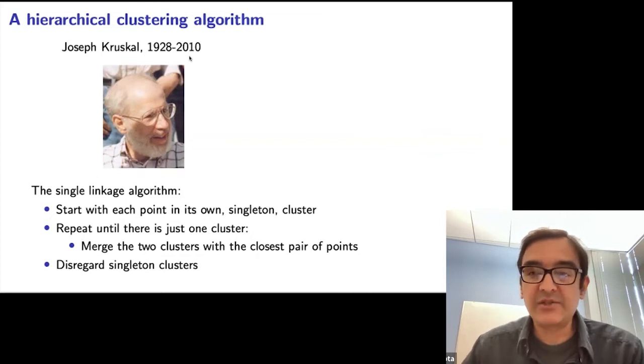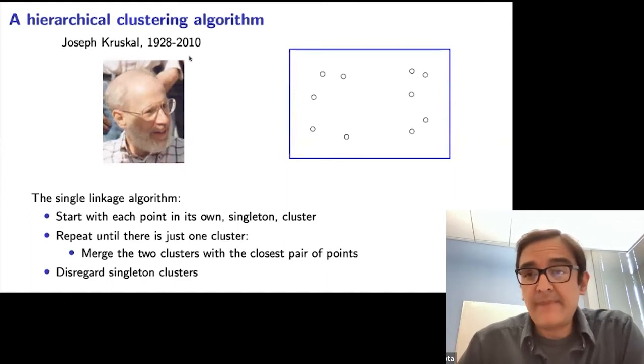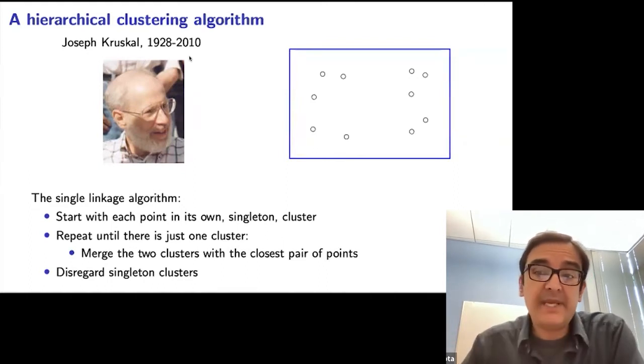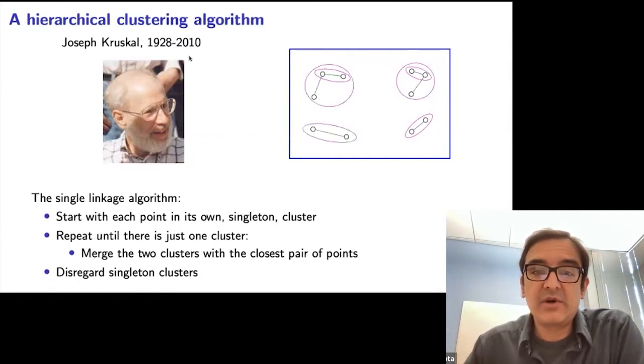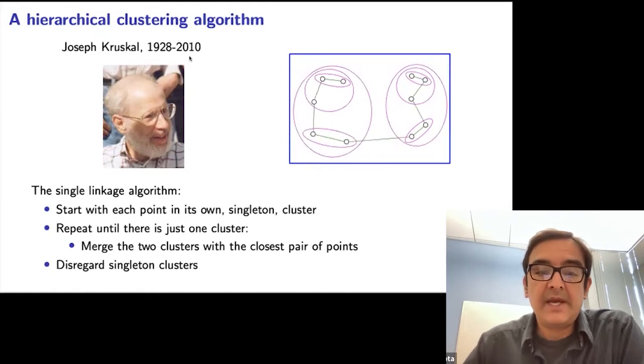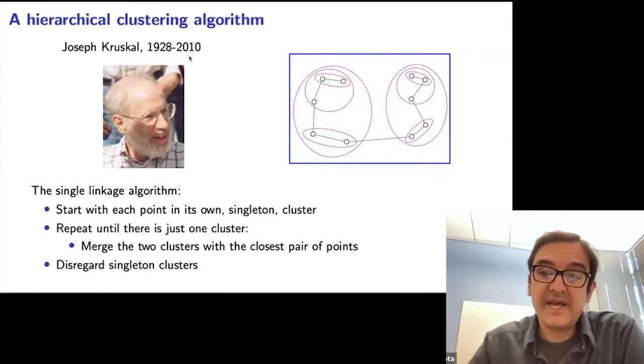Let's just quickly go through it. You have a bunch of data points, and initially you think of each of them as being in a cluster by itself, a singleton cluster. Then you merge the 2 closest, and then the next 2 closest, and then the next 2 closest, and then you merge these 2. At this point, you've got 3 non-singleton clusters and 3 singleton clusters, and then you keep going in this way. And so you get a hierarchy, and now to get 2 clusters, you just cut the largest edge, and so on.